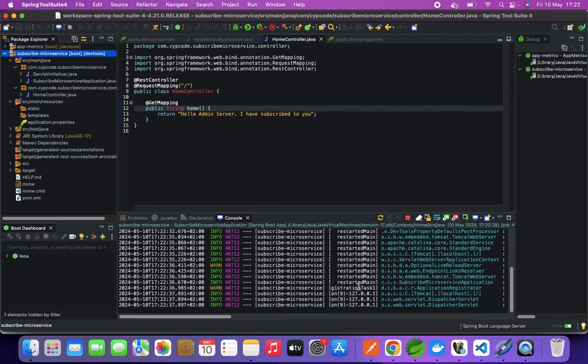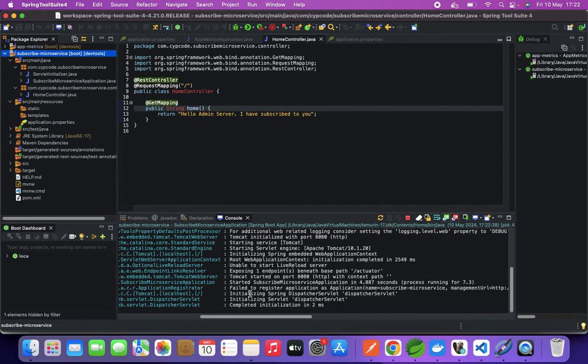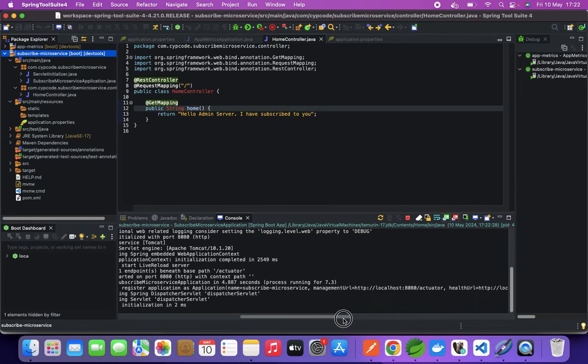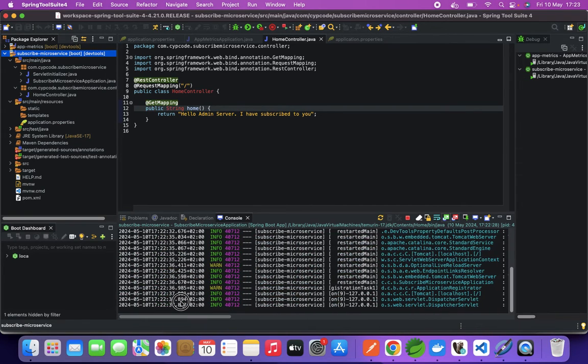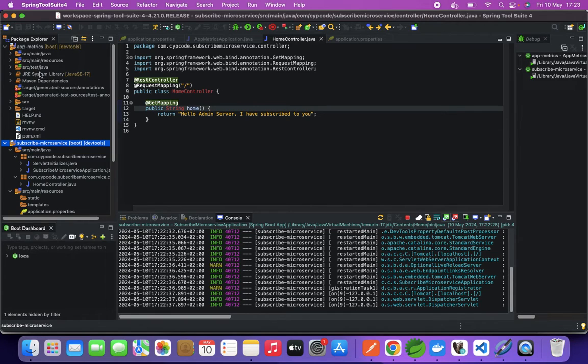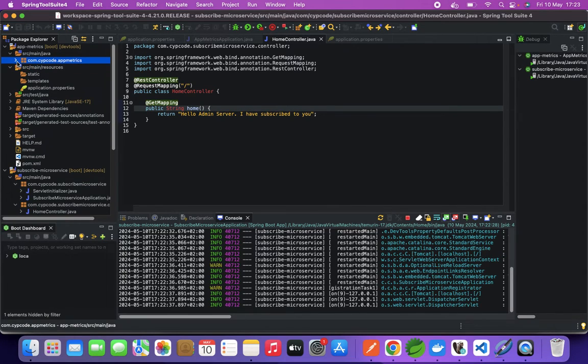If it registered successfully, it will tell us that the application registered. So let's just go to the side where the logs are, and you will see failed to register application as subscribe microservice, management URL is 8080 and all of those. Spring Boot admin 1990 instances 401, and that is basically blocking us, because 401 is unauthorized. So in our app metrics we added a security layer. Because we added a security layer there, let's just add a security